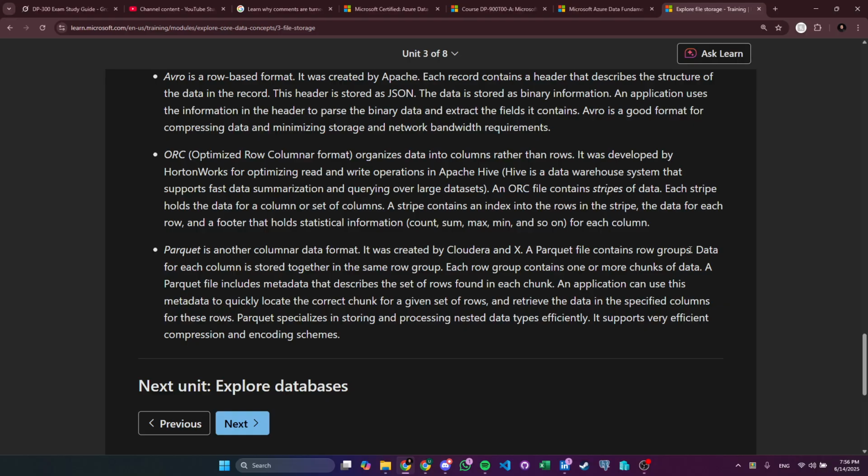So in Parquet, we use the metadata that describes the sets of rows found in each chunk. An application can use this metadata to quickly locate the correct chunk for a given set of rows and retrieve the data in the specified columns for these rows.